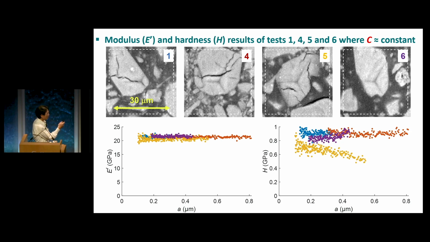So, yeah, this is the modulus of the 4 indentation sites as a function of, in this case, contact radius, because you can then relate the indentation size to the actual size of the sample. And you can see that the modulus of those particles were quite consistent, whereas the hardness of the same materials were basically the same, but not necessarily the same for all cases.